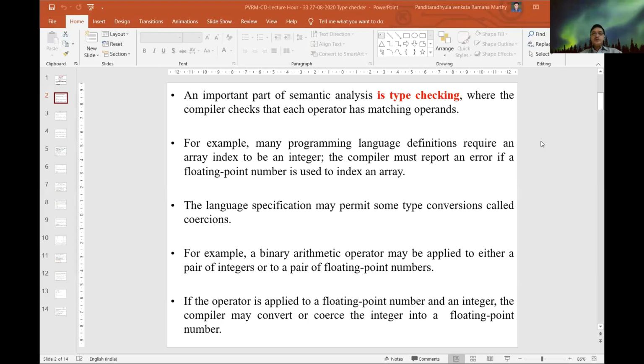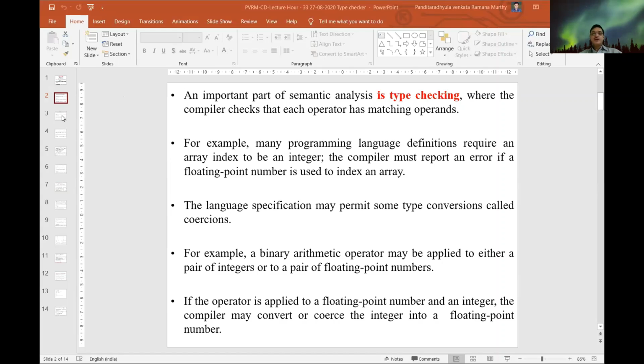The binary operators may be applied to either a pair of integers or a pair of floating point numbers or a pair of double data types, etc. If the operator is applied to a floating point number and an integer, the compiler may convert or coerce the integer into the floating point number. So it is forcing the conversion into the higher data type, in order to avoid the loss of data.